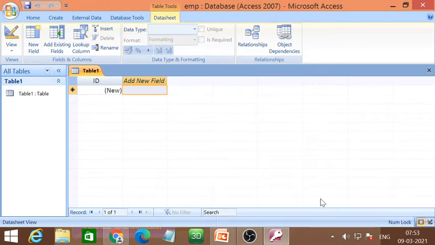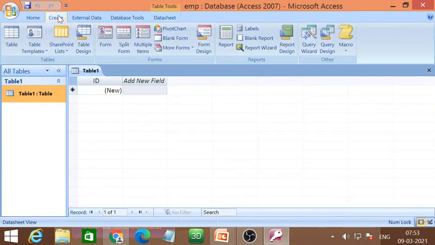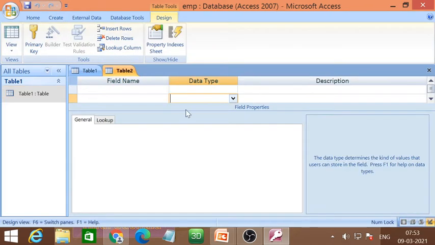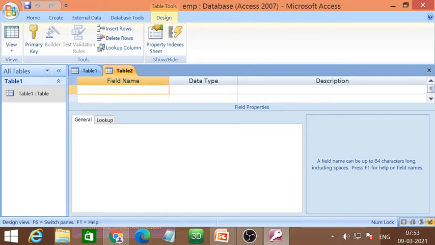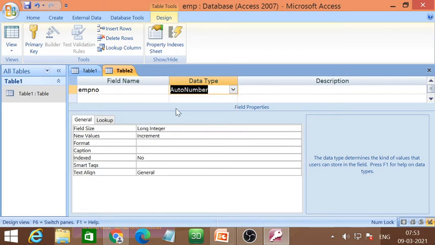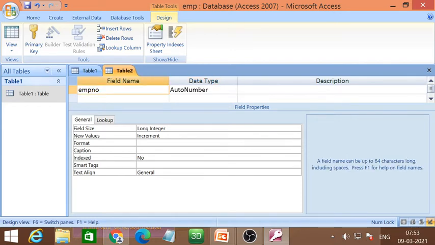Students, we will create two tables today with the help of design view. Again, this is the revision of creating a table using design view. You will click on create, table design, and here we have to give the names of the fields. The first field is EMPNO, that is employee number, and it will be auto number, similar to our roll number or our GR number.